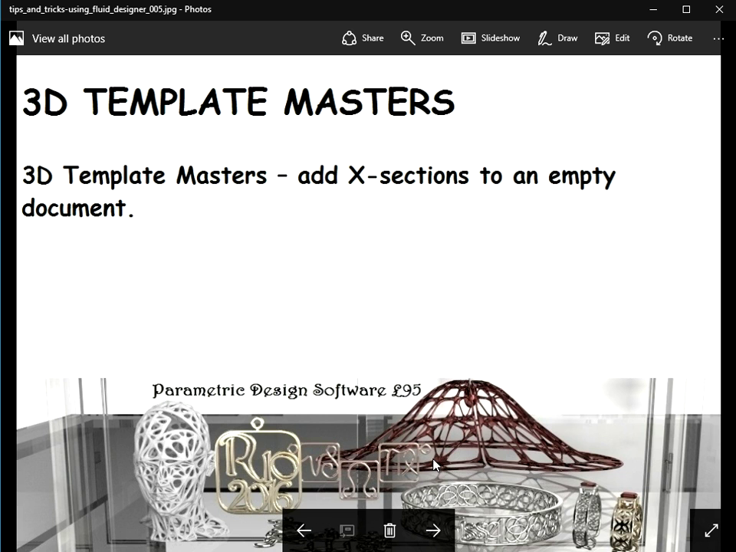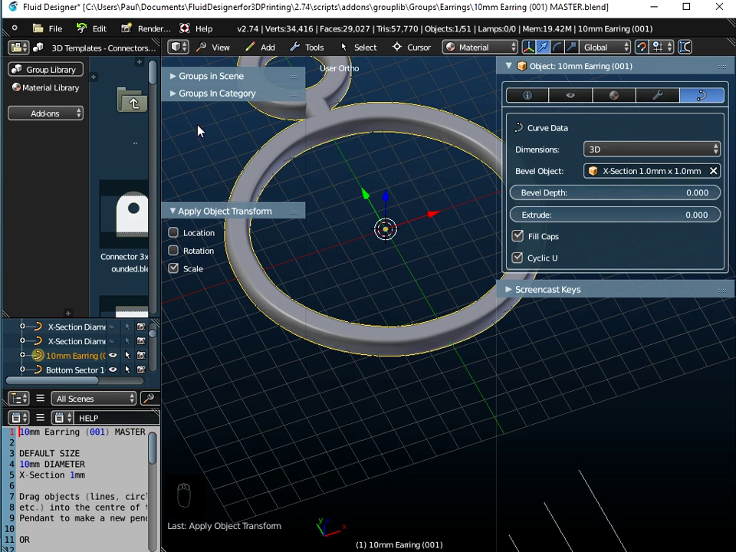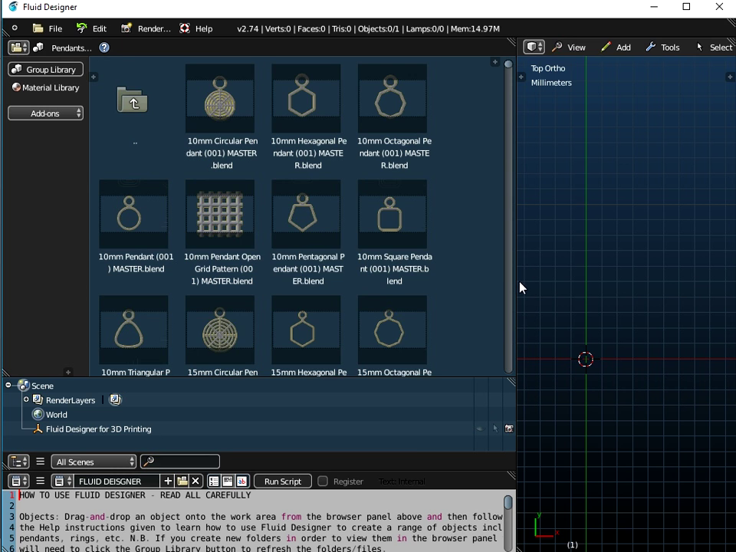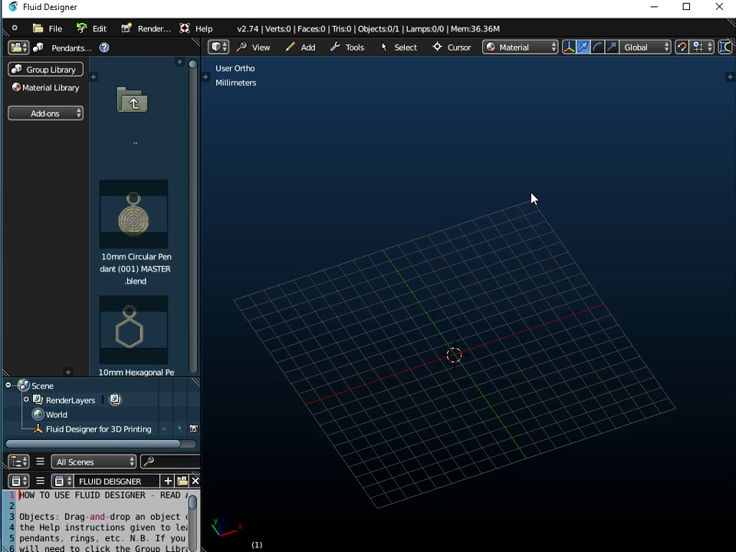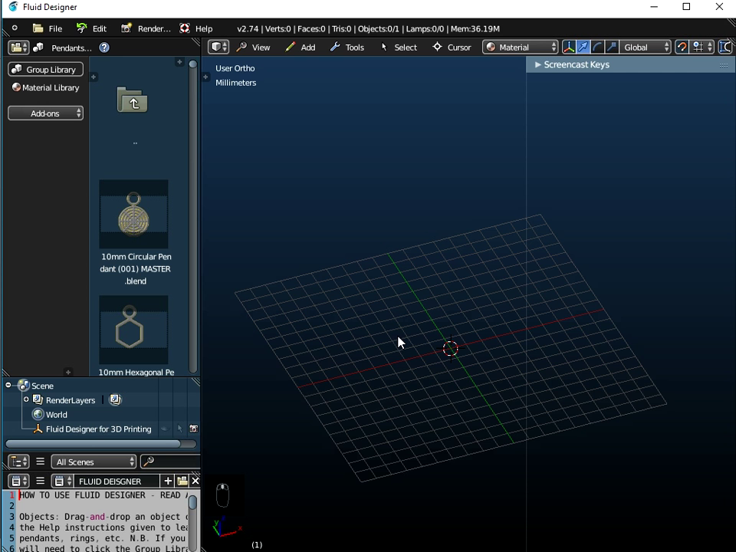Now the first thing I want to look at in this video is 3D template masters. Add cross sections to an empty template, an empty document. That's what we want to look at first of all. So if I just go to File and New, and we start off with a blank document, I'll just switch on screencast keys. So we've got a blank document there